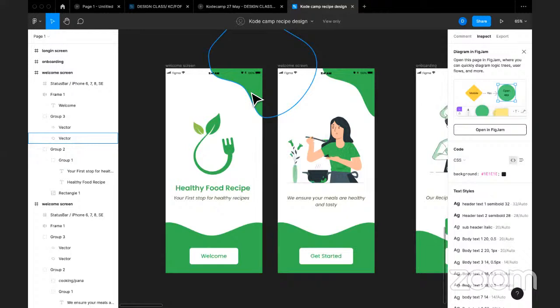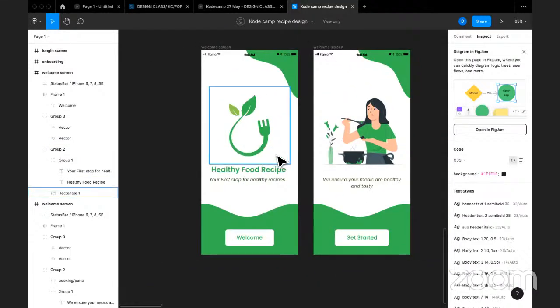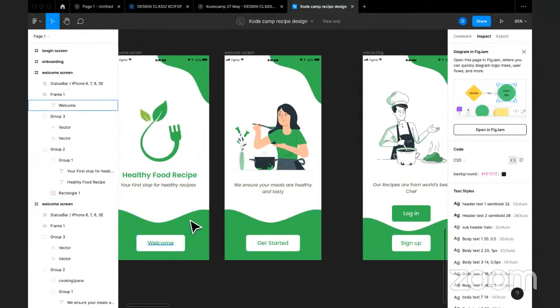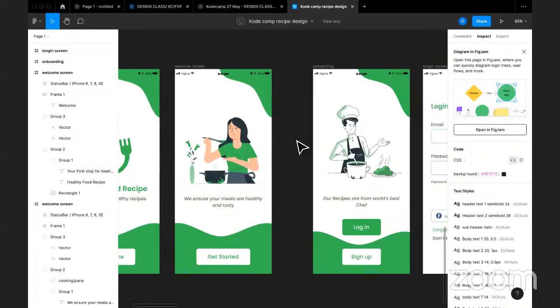Okay, awesome. So healthy food recipe. I guess this is a splash screen. Oh, okay. Welcome. I'm trying not to give feedback based on UX, but when you tell your users welcome, are they supposed to tap on welcome? Like when I tap on welcome, is it supposed to take me to this screen where I feel like this is